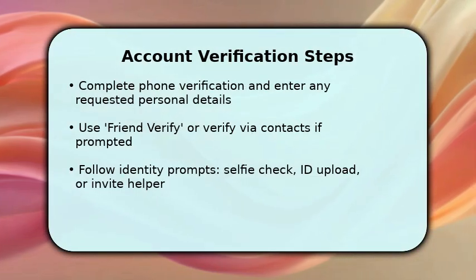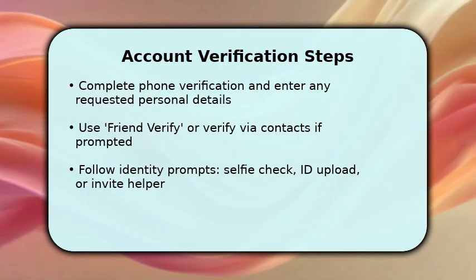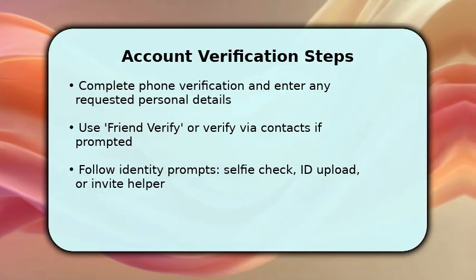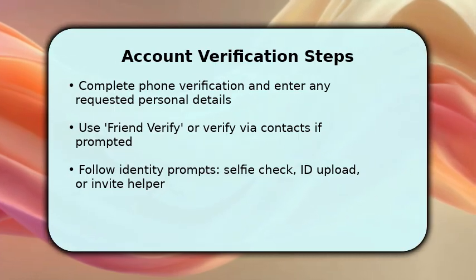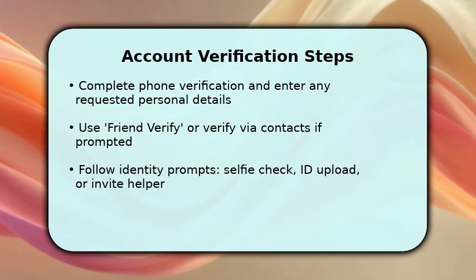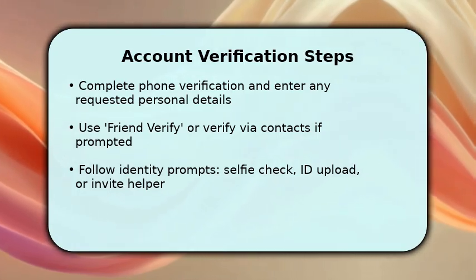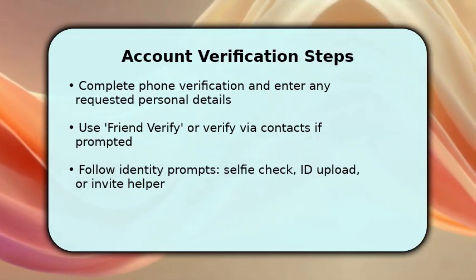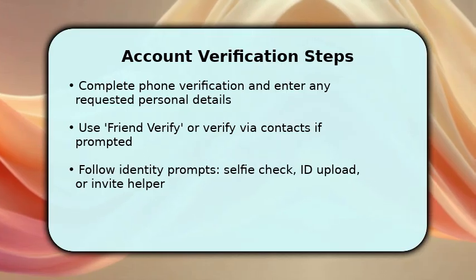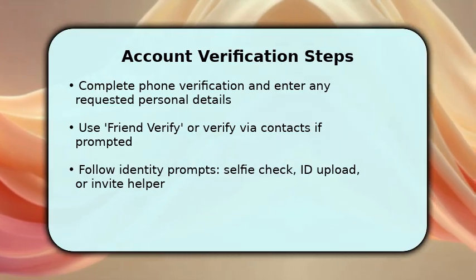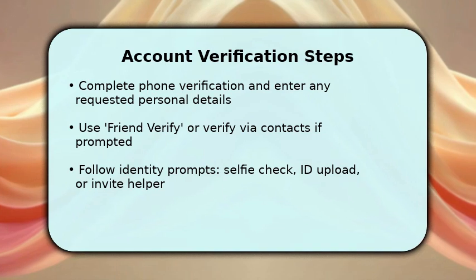Next, you handle the more detailed verification flow. When WeChat asks, follow prompts for phone confirmation, then choose a verification path: self-service ID check or friend verification. If you select Friend Verify, pick a trusted contact already on WeChat to approve you. If you're asked for a selfie and ID, align your face with on-screen guides and upload the requested document. Remember why: these steps replace QR scanning by proving you're a real person and linking your number to a verified